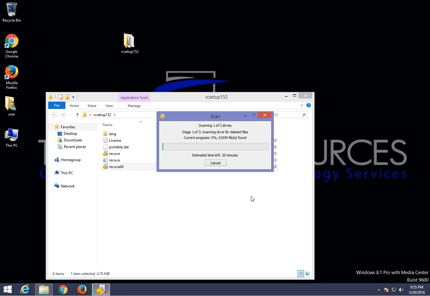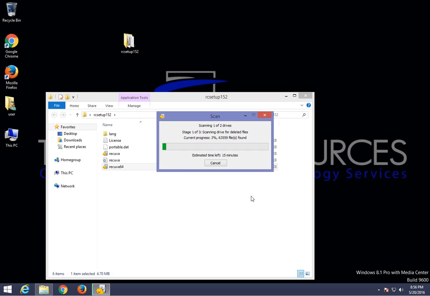Now, deep scan usually will take just a little bit longer. Usually 15 to 20 minutes there. And then what you would actually do from that list is try to locate your files. Once you've located your files, you would just run through the restore process there. You would just select it on the left, check mark, and then